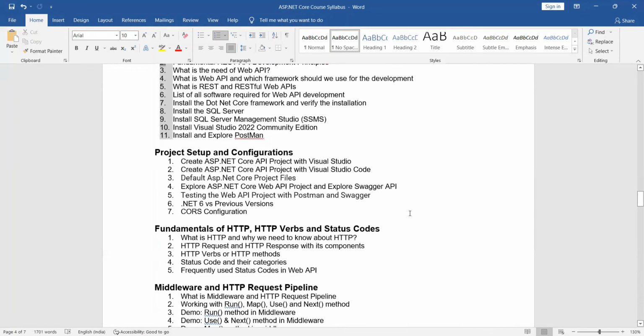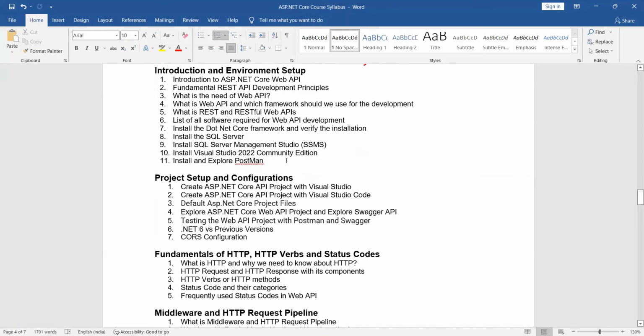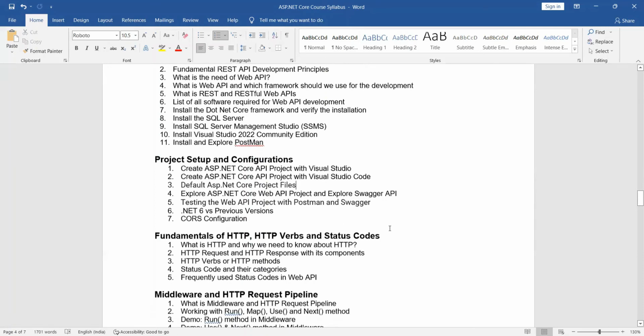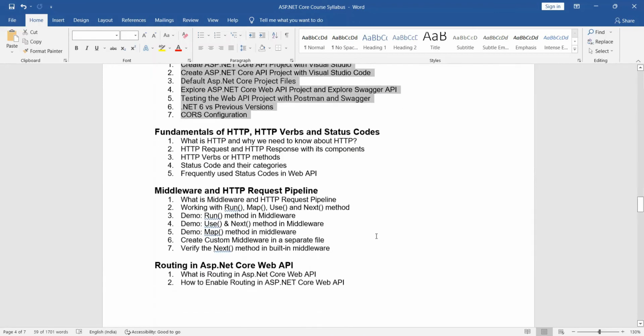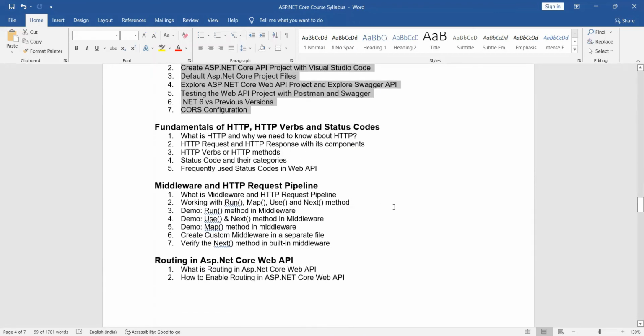Okay, along with the Visual Studio 2022 Community Edition, and we will be showing you how we can test our APIs with the Postman app. Okay, so next we will be showing you project setup and configurations for web APIs along with the .NET 6